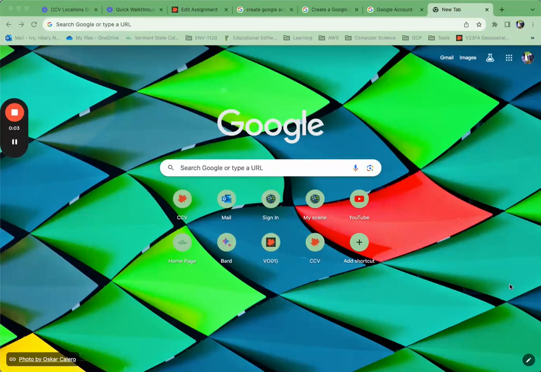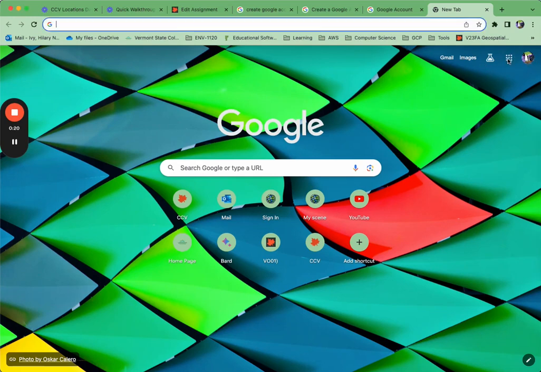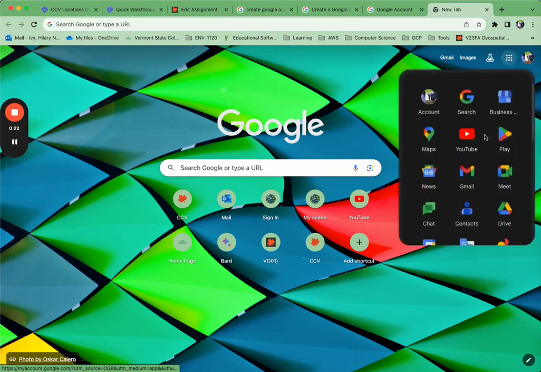I have created my Google account and opened a new tab. To open a new tab in Chrome, which is the browser I'm using currently, it's just Control N or Command N, depending on your machine. So if you click up here at these dots at the top, you're going to have